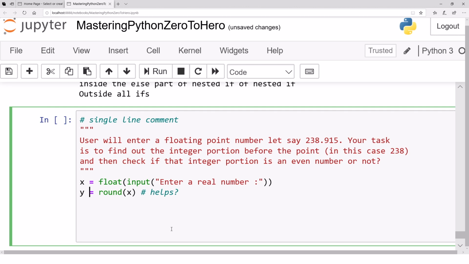Or maybe there is a function that actually rounds down. Let me check whether there is a function float or not. No, float is not a function, I guess. So let's say round x. Okay, now y contains the rounded value of whatever x is. We are now assuming that x is positive. Okay, then what? Now if y is larger than x, that means we moved up. The round goes up. In that case, what we do is